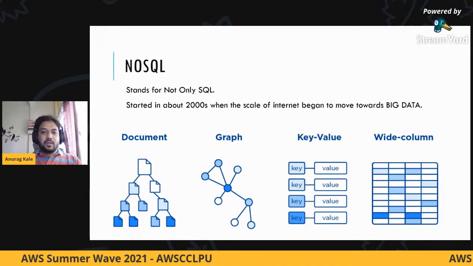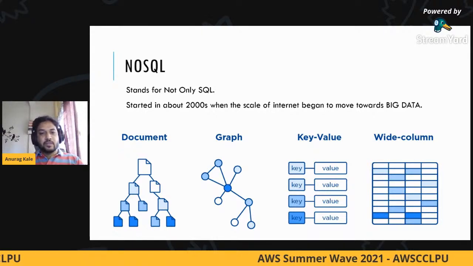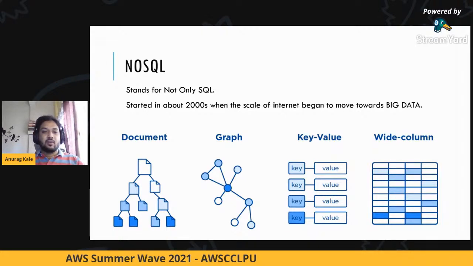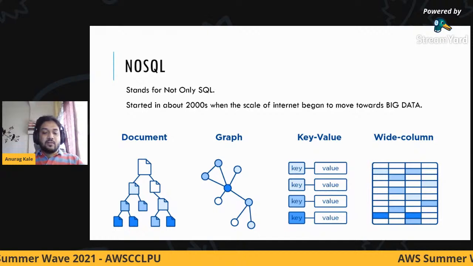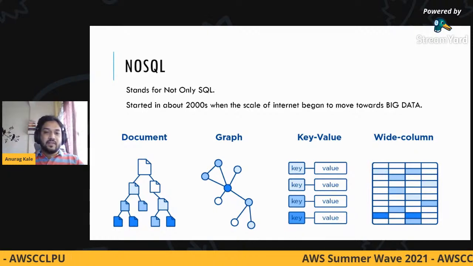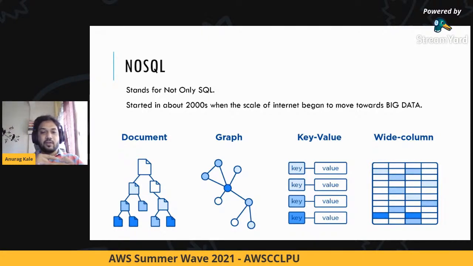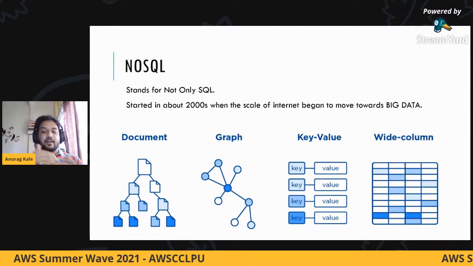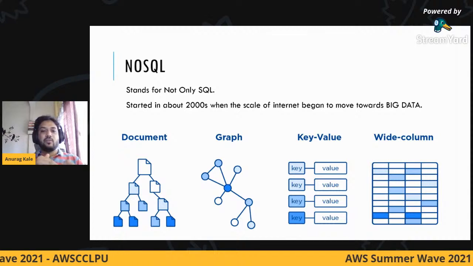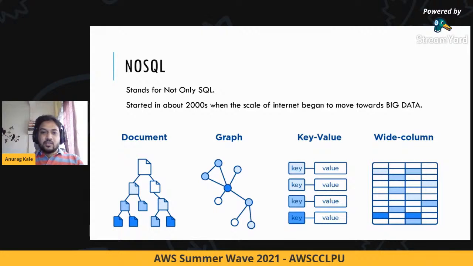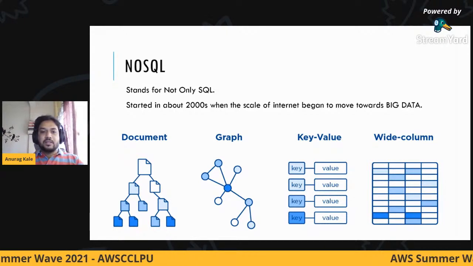So in a key value database, you have an identifier for the row. That will be a unique name, number, or a combination of characters. Now if you tell the database, okay, I have this key and I need the respective value for this particular key to be extracted from the database, the database will simply, if you have the right key, give you the corresponding value. So these key value pairs, as you can imagine, are a simple concept.